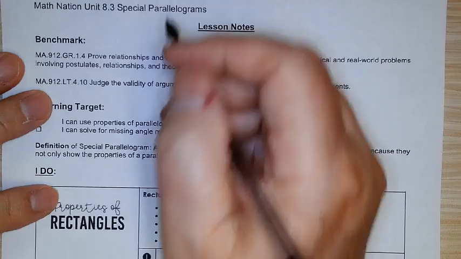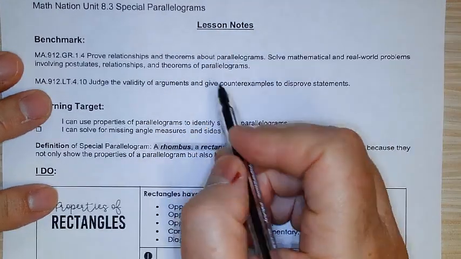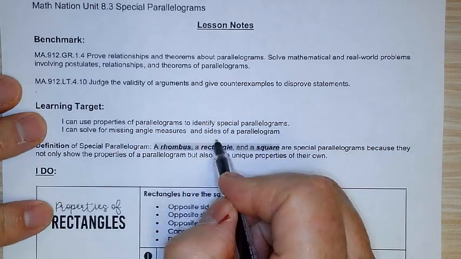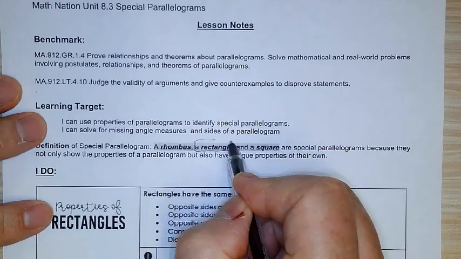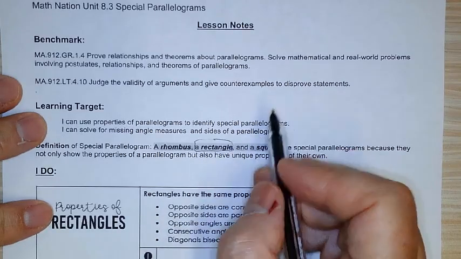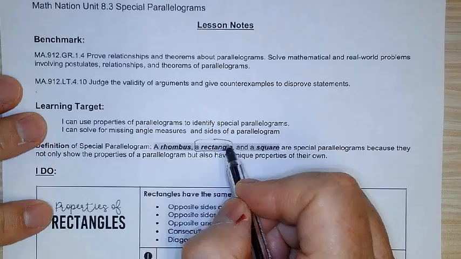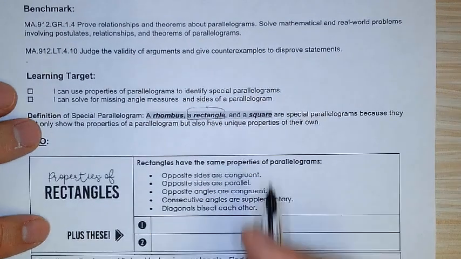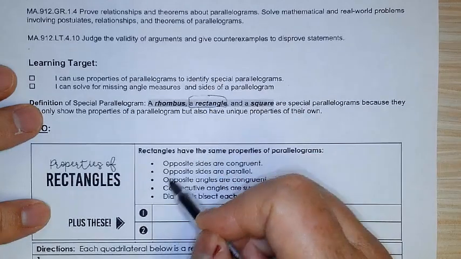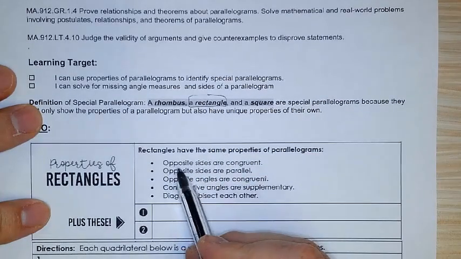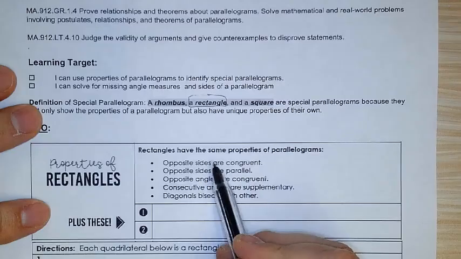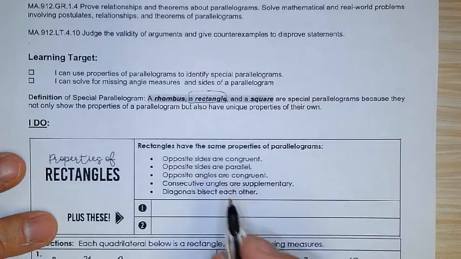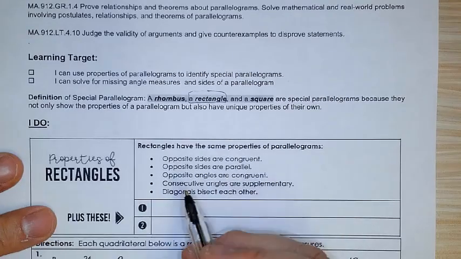Kids, listen. Today we're going to be solving special parallelograms. And in particular, we're looking at the rectangle. And I want you to know that the rectangle, being a parallelogram, has all the characteristics of every single parallelogram with two added characteristics. As you recall, these are the characteristics of any parallelogram. But the two added ones in a rectangle, of course, are: